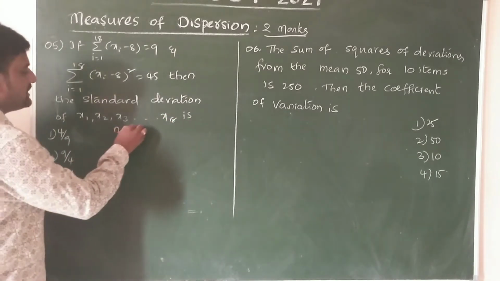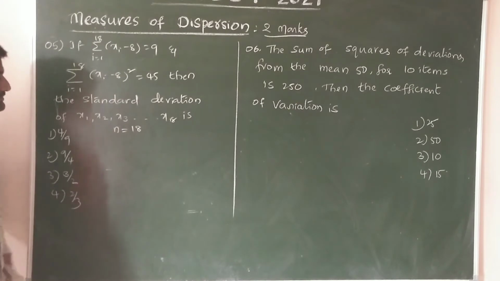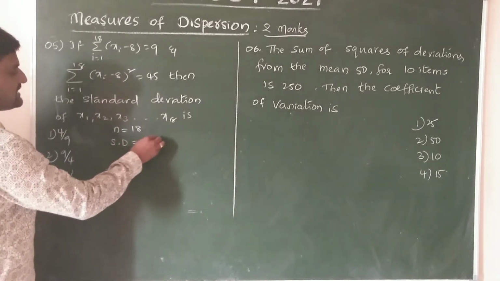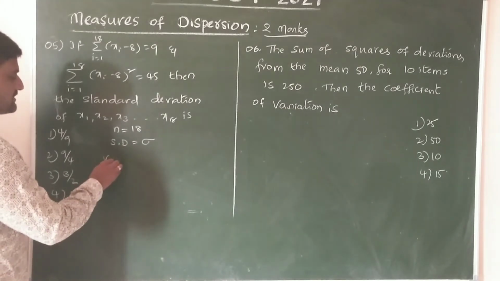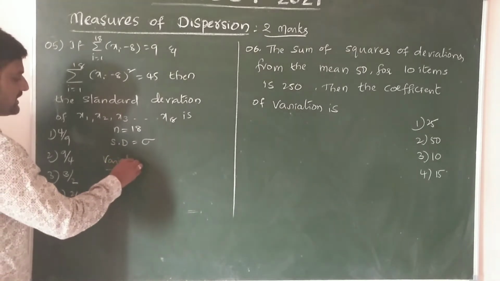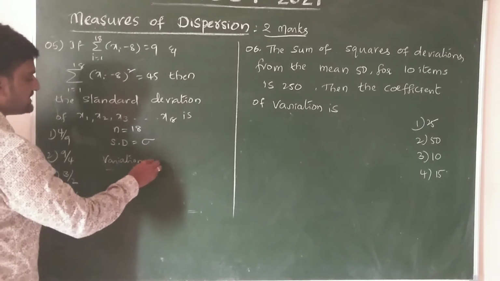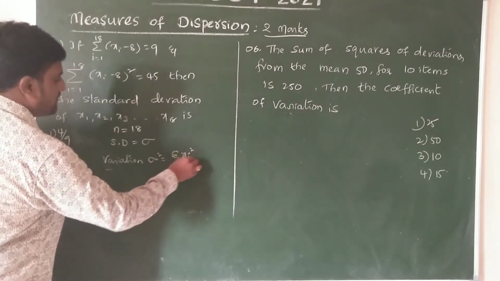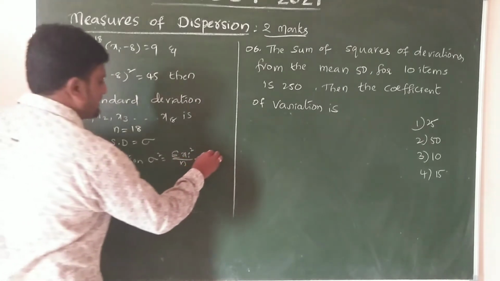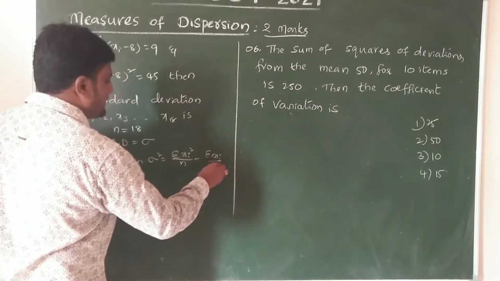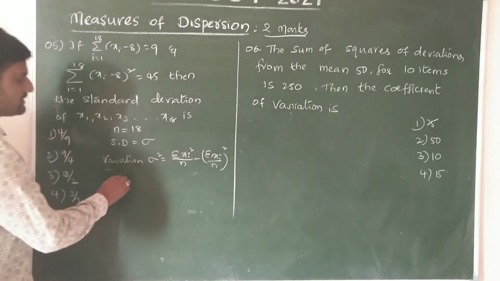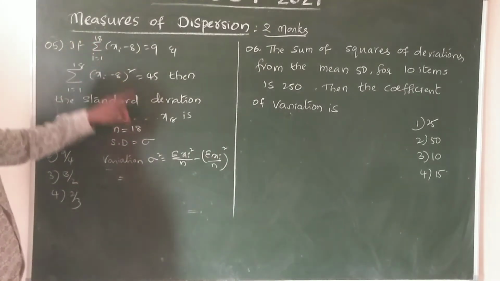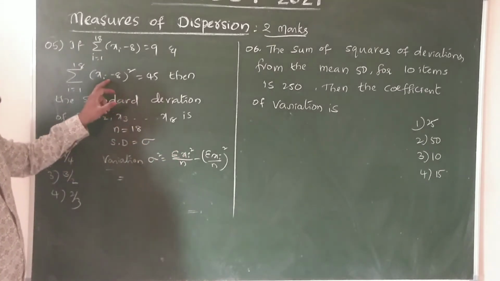Clearly here we know n equals 18, yes or no? Then we need the standard deviation, which is sigma. Then variance equals, we have the formula for variance: sigma square equals summation xi square by n minus (summation xi by n) whole square, yes or no? Clearly we know it is nothing but summation i equals 1 to 18, summation xi square,